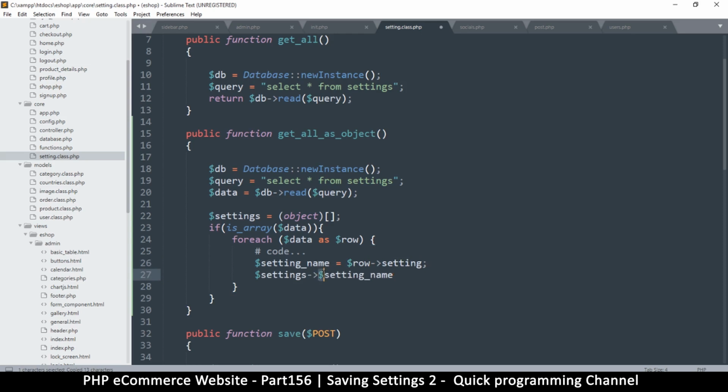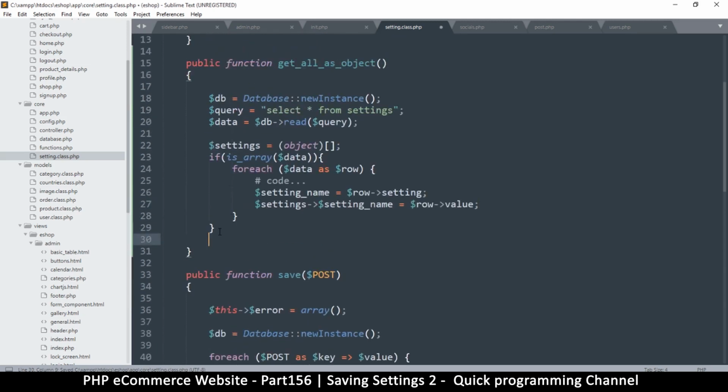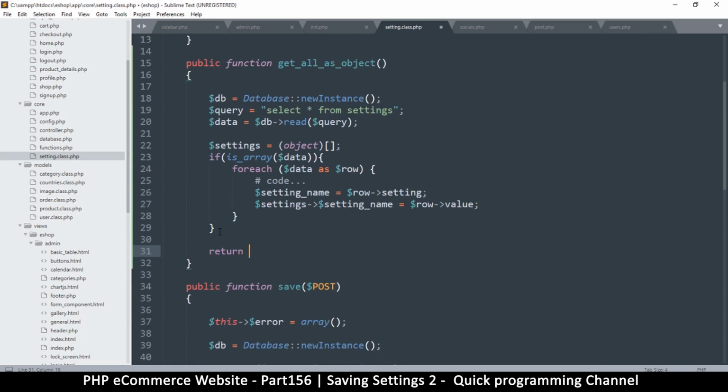So keep note that there's a $ sign there because this is a variable and it's not the actual location. So settings setting name should be equal to, yes, and then we're going to equate that to the setting, the row value, like so. Oops, there we go. Okay, that should do just fine. And then at the end of the day, I'm going to return settings. So whether this goes on or not, settings will still be an empty object,